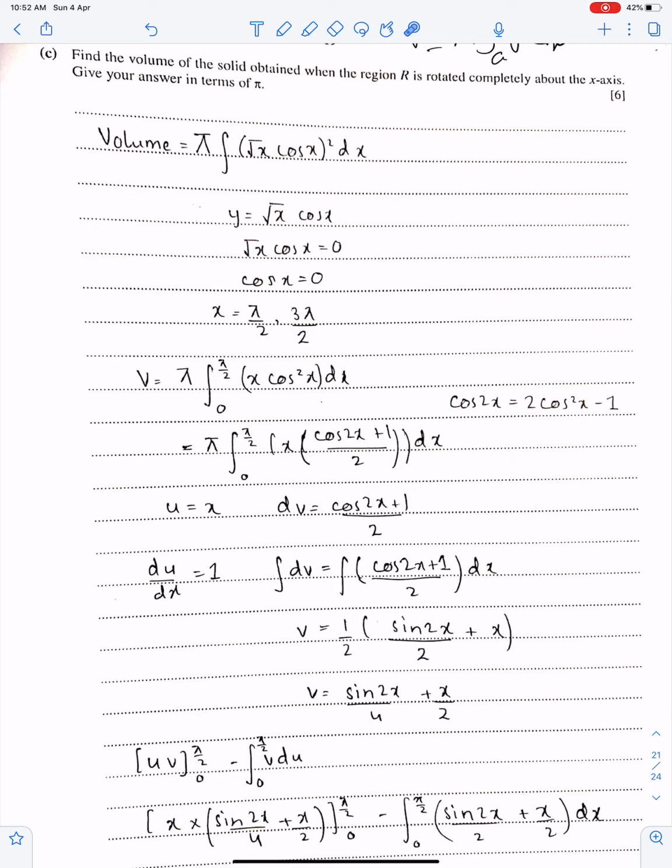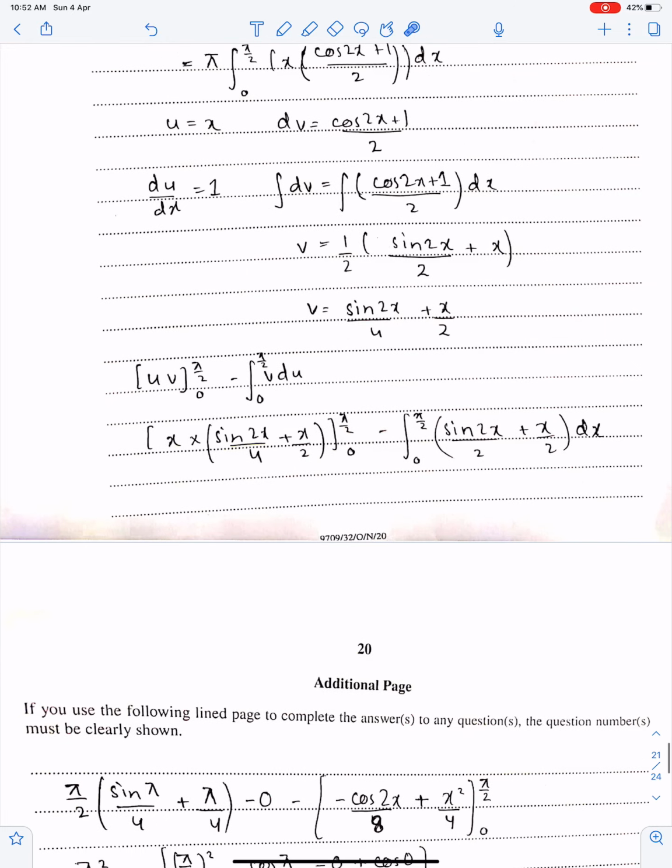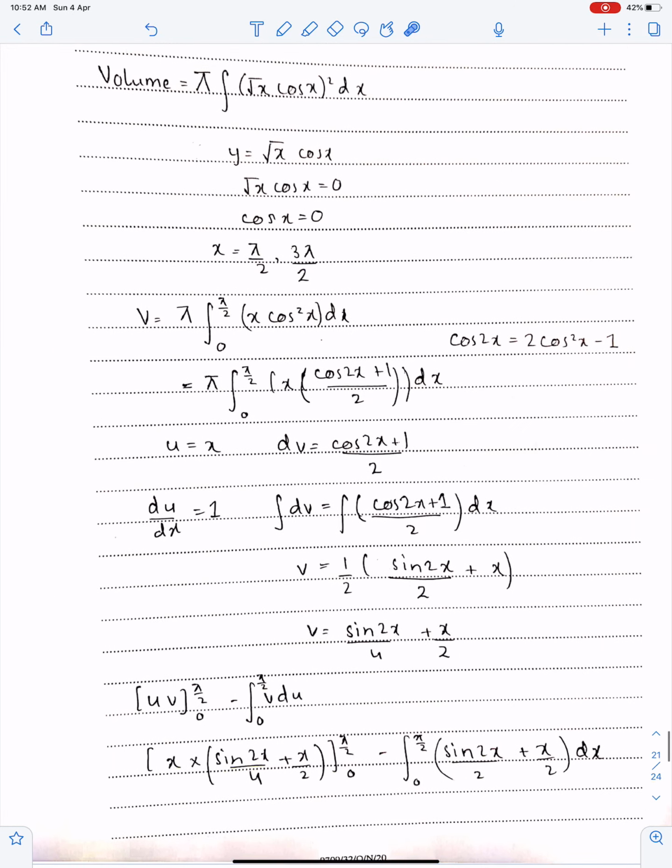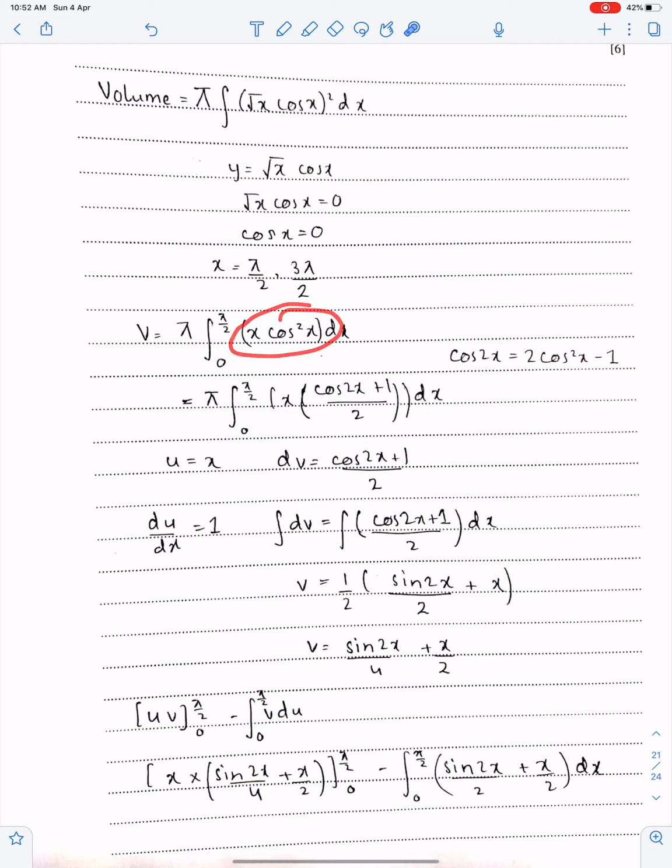This student made this simple by replacing cos square x through this double angle formula. Now you have to use by parts just once. Otherwise you had to use by parts twice. So this is x, this is u, and this entire thing is dv. When you integrate this, you will get this thing. This student is very smart. If I would have used it, I would have used by parts twice here. She used the double angle formula. I didn't have any idea about this. This is very smart. Amazing solution.